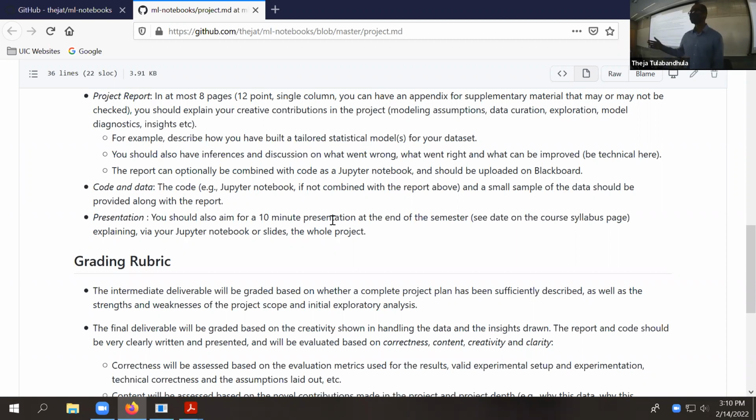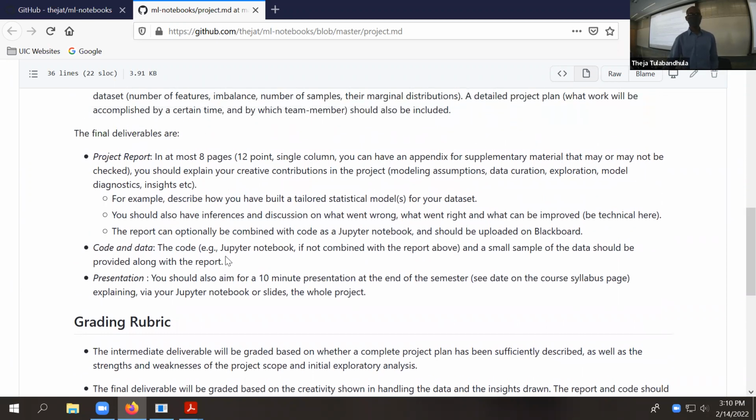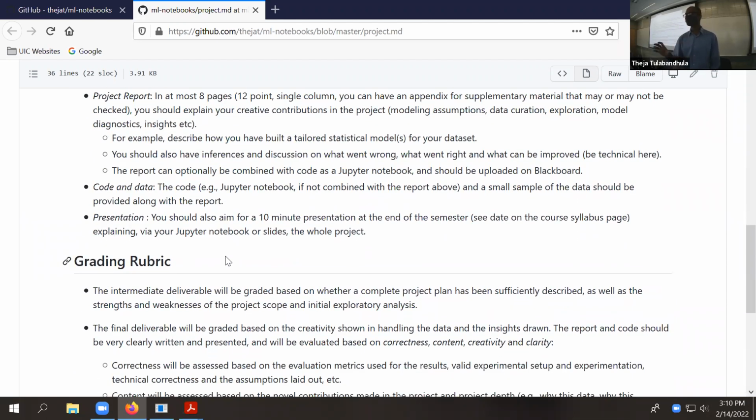At the end of that effort, you need to document it. What you document is typically a report. It may not be a project report, but for us it's a project report. In professional settings, it's going to be some documentation for posterity.